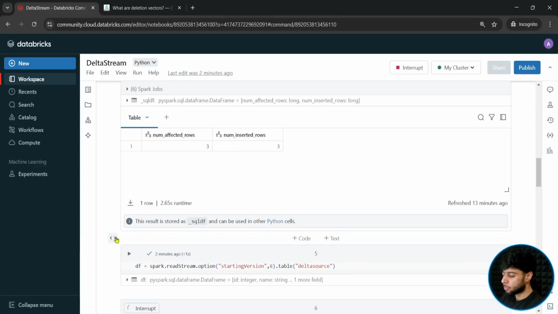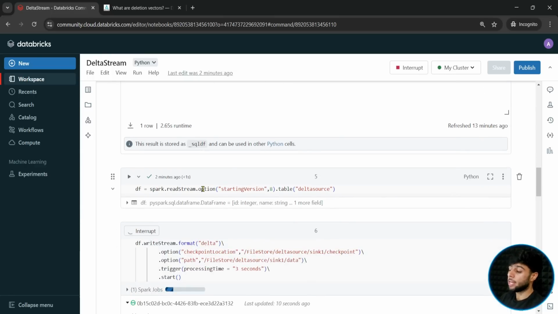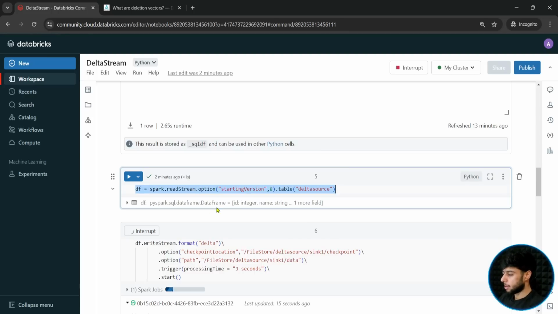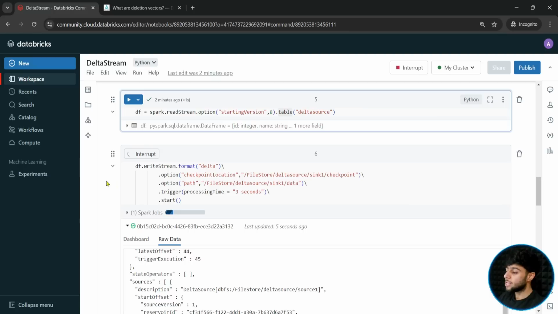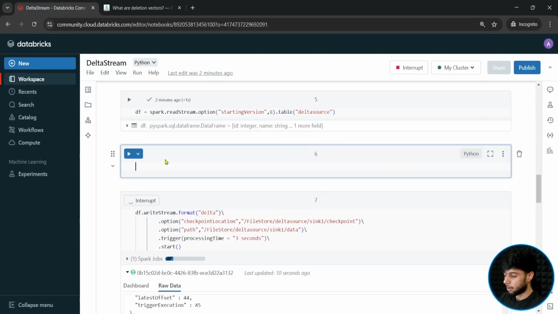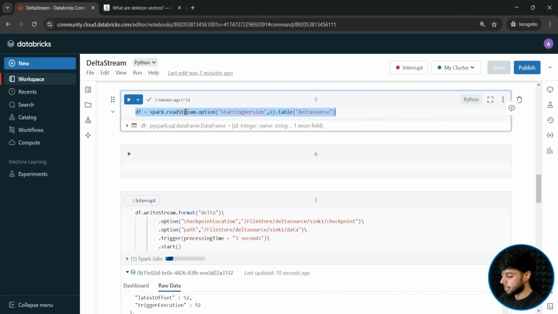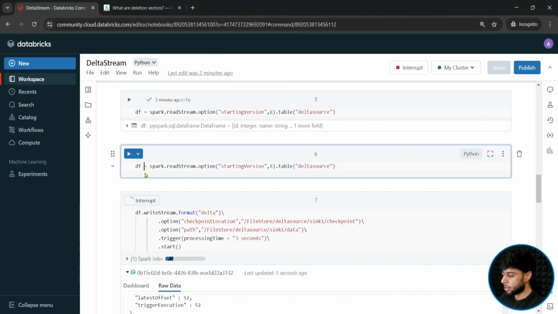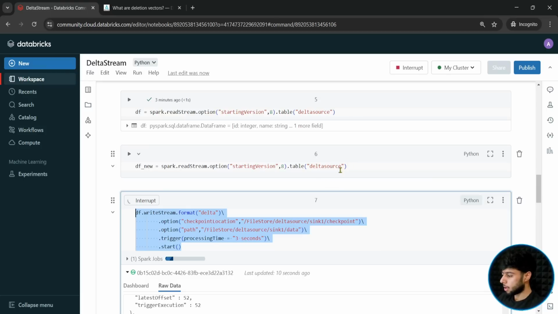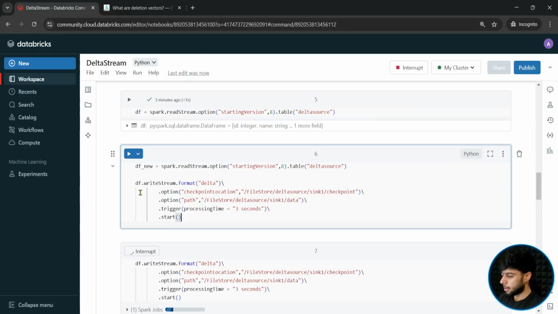initiated, and to test this particular one, we need to create a new data frame in order to do this. Because this query is already linked to this one, let me just create a new df.write statement here, and let me copy this here. I will simply say df new. Okay, and let me copy this code here in the same cell, then df new dot write, and this time we just need to change the folder name as well, data